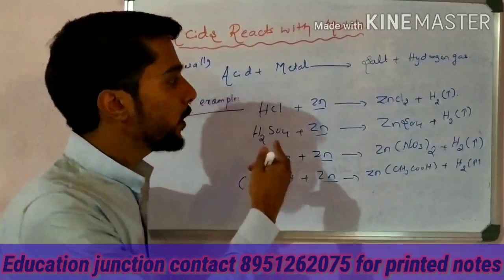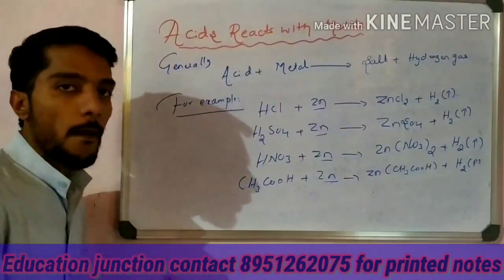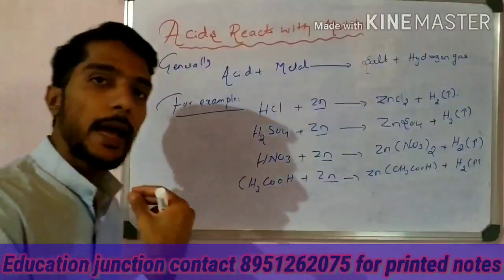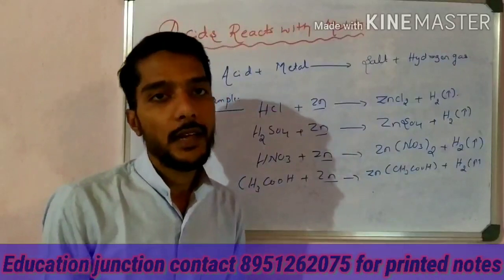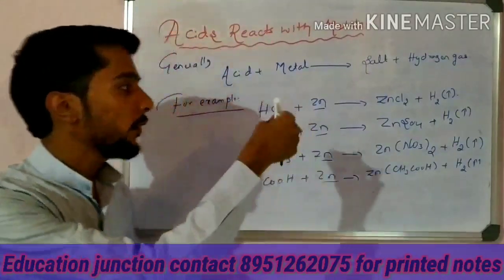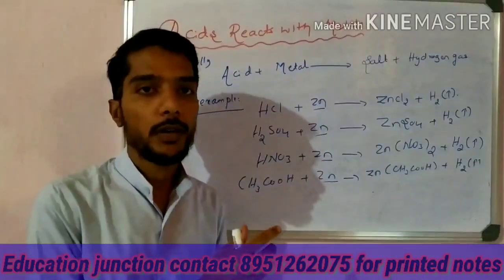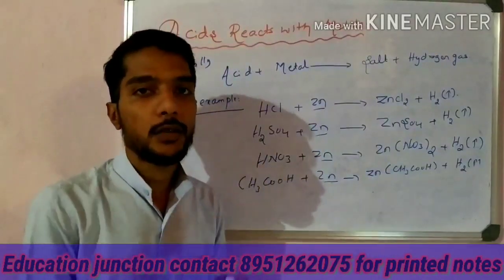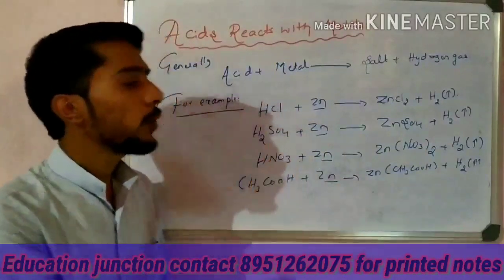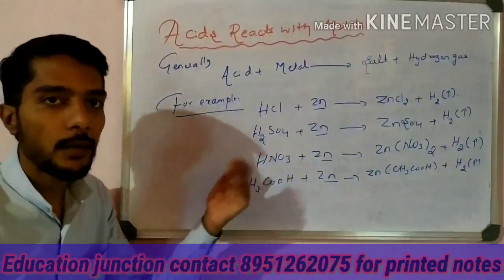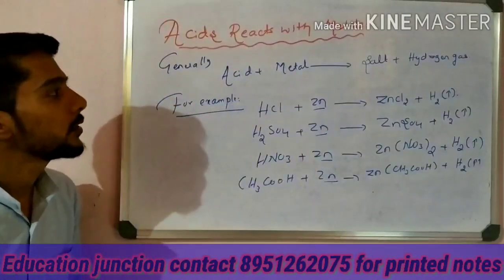Okay students, please copy all these things. Also write a sentence in the conclusion: when metals react with acids they form metal salt, and hydrogen gas is released. That is a very important concept of the acid and base chapter. From there, questions may be asked: what happens when metal reacts with acids, give example. You have to write any 2 examples or any 1 example. I gave examples for all 4 acids. Please note this down.